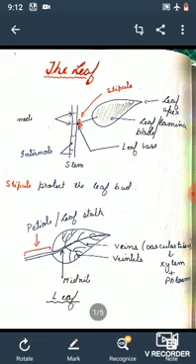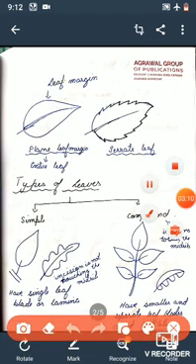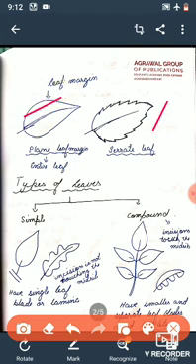Now the next part is leaf margin. Okay, what is this leaf margin? Basically the edge of a leaf is basically the leaf margin. This is the edge. Okay, here it is plain, simple. Okay, no serration is there, that is a plain or the entire leaf. Okay, and in the second one we can see that the serrations are there. Here you can see all the serrations are there. That type of leaf are serrate leaf. So different margins are there in the leaf. It can be plain, it can be serrate. That is the leaf margin.